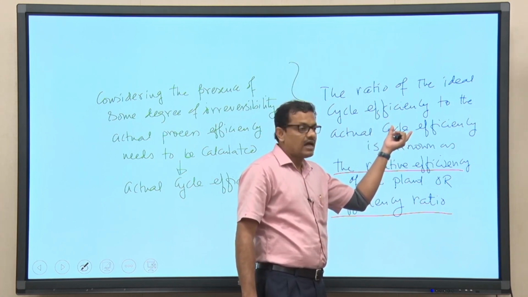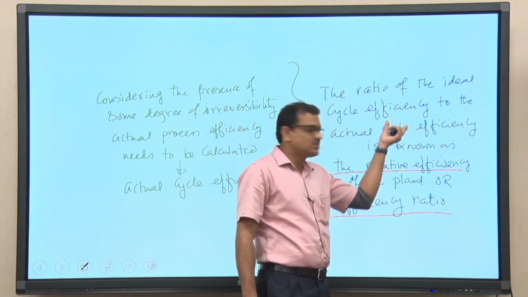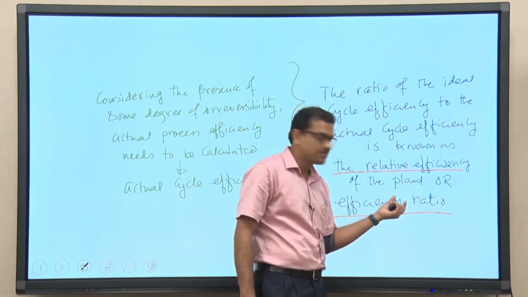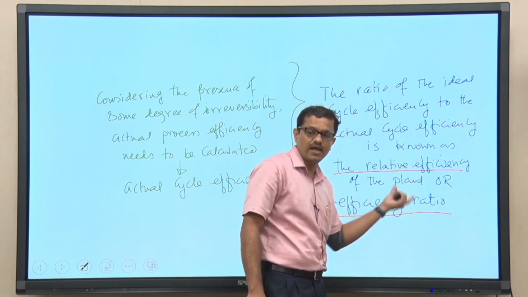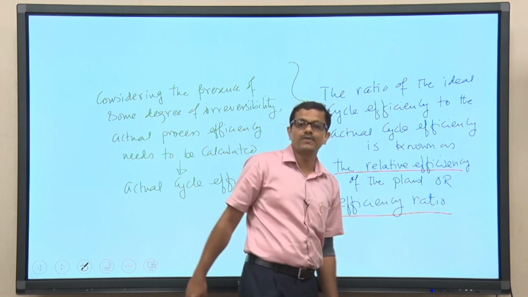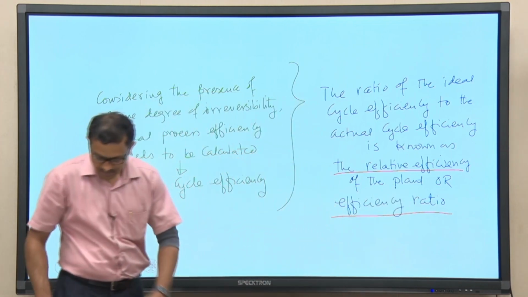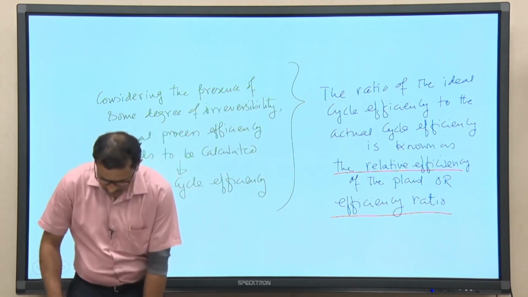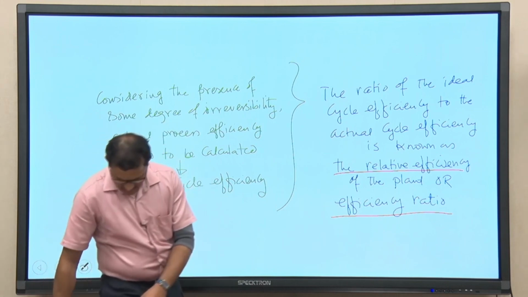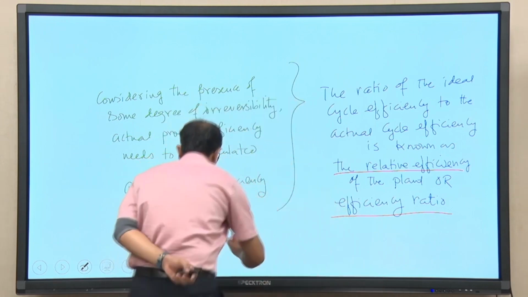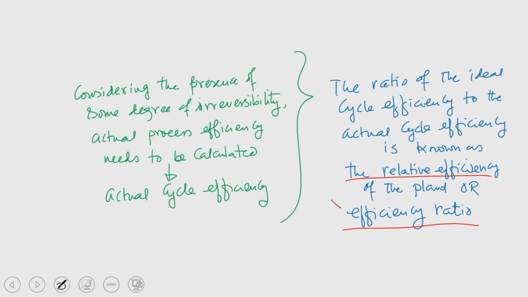the ideal cycle efficiency. And not only that, by knowing this, we are also introducing this word, that is relative efficiency or efficiency ratio. The relative efficiency of the plant or efficiency ratio of the plant is used as the measure of the perfections of the actual cycle which are there in the real applications. So, let me write here this particular term, this efficiency ratio. So, this is